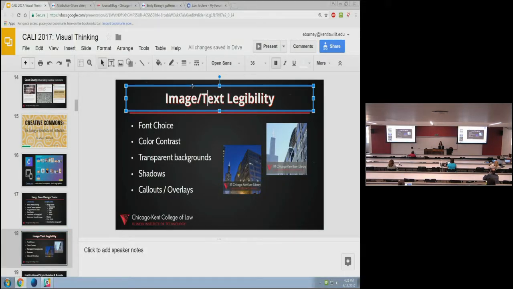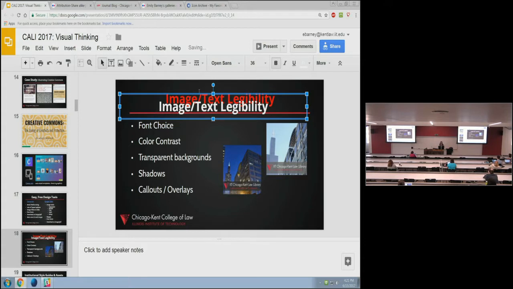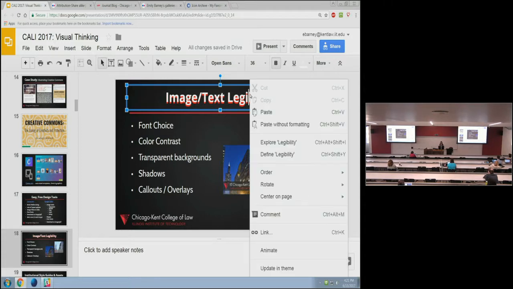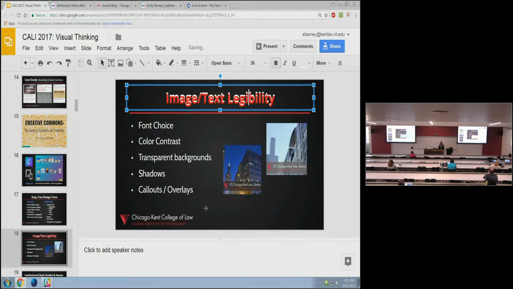Some of these free tools don't have all of these options that I would like, that you can find when you're using something like Microsoft. If you've ever used WordArt and it has all these different ways to make text pop, you won't find that in here. So what I have is a duplicate copy that is red, and then I just moved this around until it was showing up where I wanted it to. I could decide that it is in the other direction by changing the order and sending that to the back, and then there you go. Now you have red text with white shadow, which I do not think is as legible,